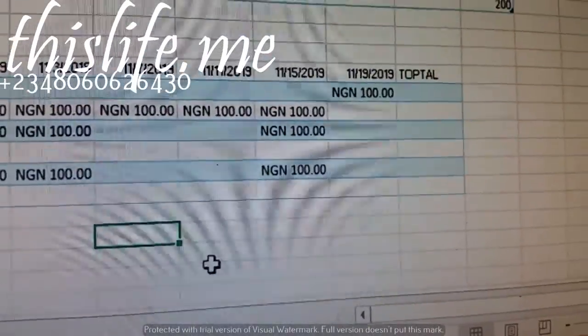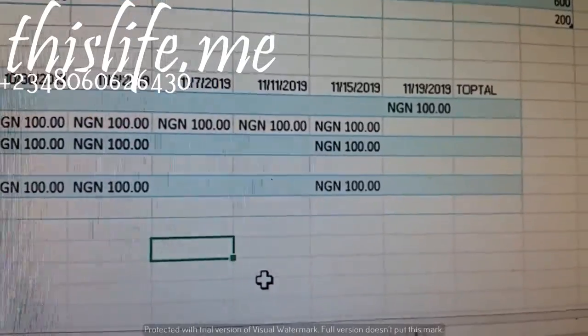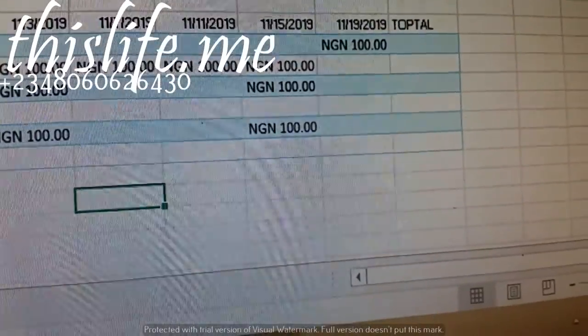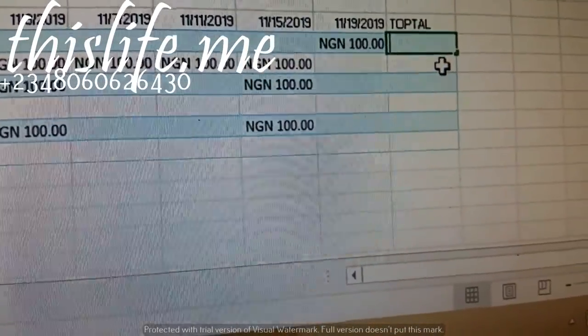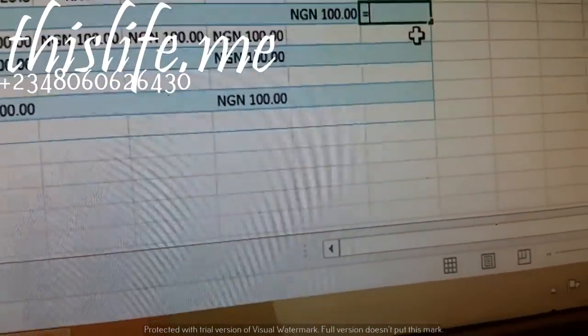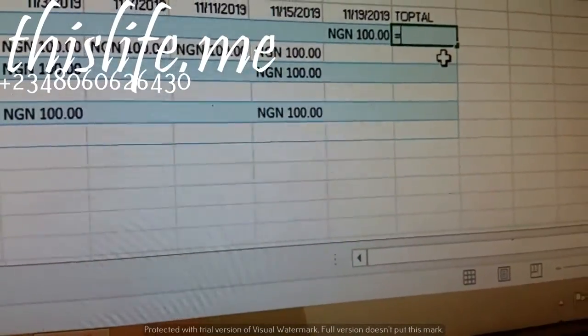Now, we want Microsoft Excel to calculate the amount each person paid. To do that, our total will start with the equal sign. Then you will use a function. The function we are using is the summation function, called SUM or addition function.